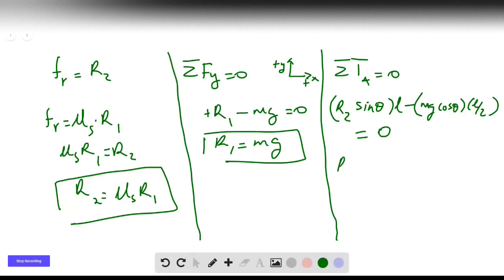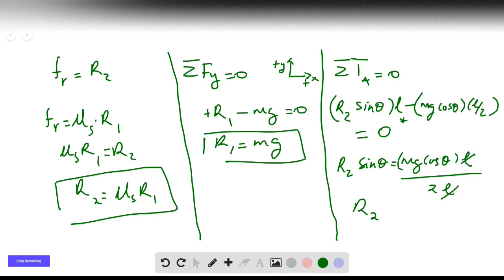So R2 sine theta, if we solve that, we get mg cosine theta times L all over 2L. This L will come down, so these two L's cancel out, so we can solve for R2 sine theta over cosine theta, which becomes equivalent to mg over 2. In the next page, we continue the problem by saying R2, remember tangent of theta